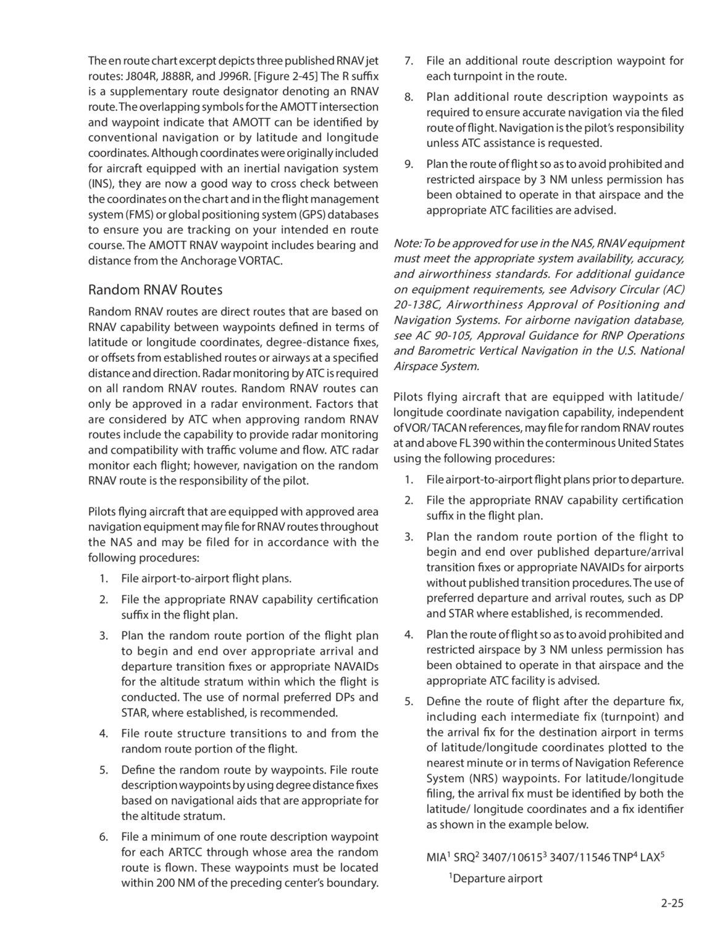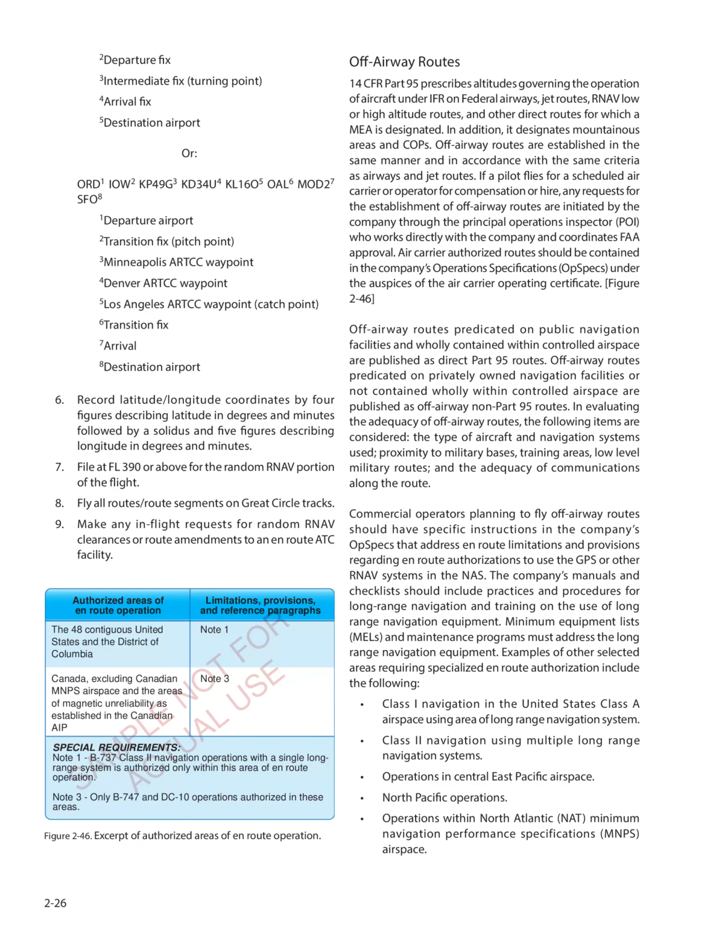MIA 1 SRQ 23407/106153, 3407/11546 TNP4 LAX 51. Departure Airport, 2 Departure fix, 3 Intermediate fix, turning point, 4 Arrival fix, 5 Destination Airport. Or ORD 1 EAO 2 KP49 G3 KD34 U4 KL 1605 OL 6 Mod 27 SFO 81. Departure Airport, 2 Transition fix, pitch point, 3 Minneapolis ARC waypoint, 4 Denver ARC waypoint, 5 Los Angeles ARC waypoint, catch point, 6 Transition fix, 7 Arrival, 8 Destination